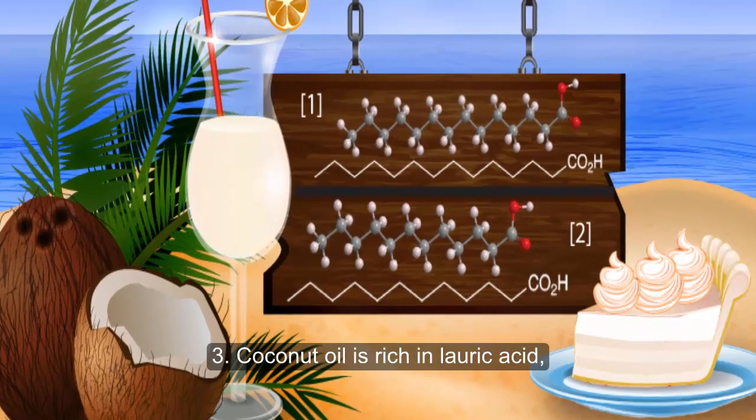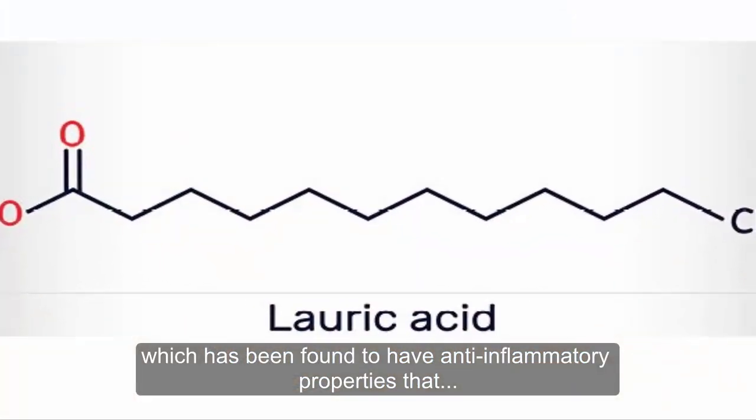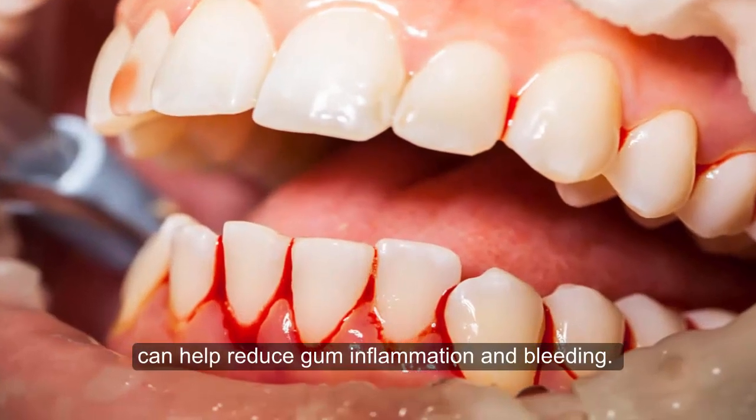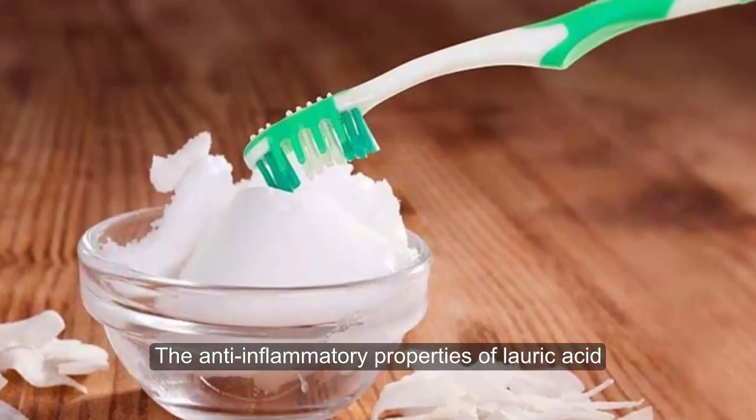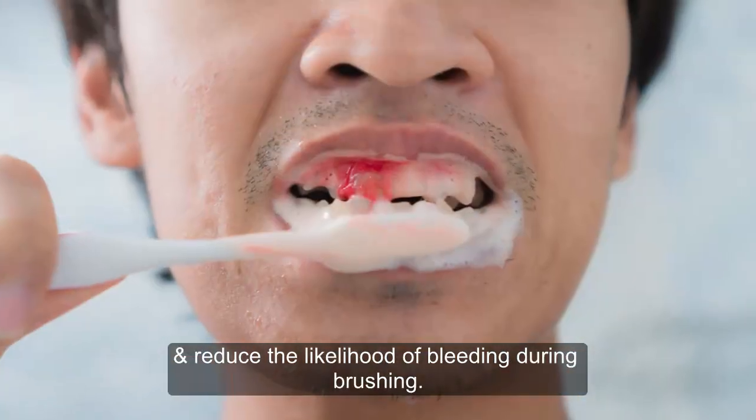3. Coconut oil is rich in lauric acid, which has been found to have anti-inflammatory properties that can help reduce gum inflammation and bleeding. The anti-inflammatory properties of lauric acid can help to reduce inflammation in the gums and reduce the likelihood of bleeding